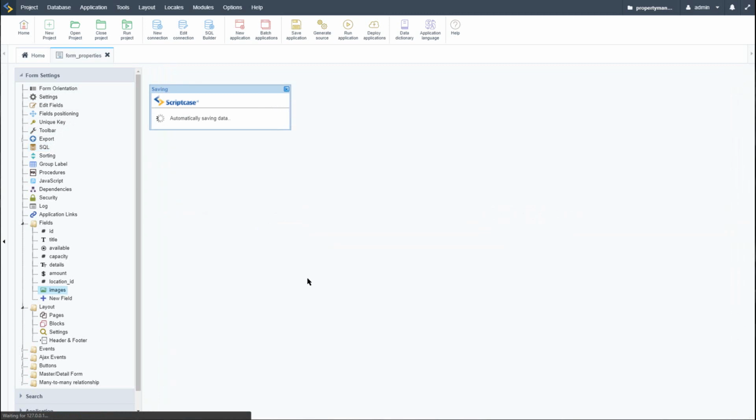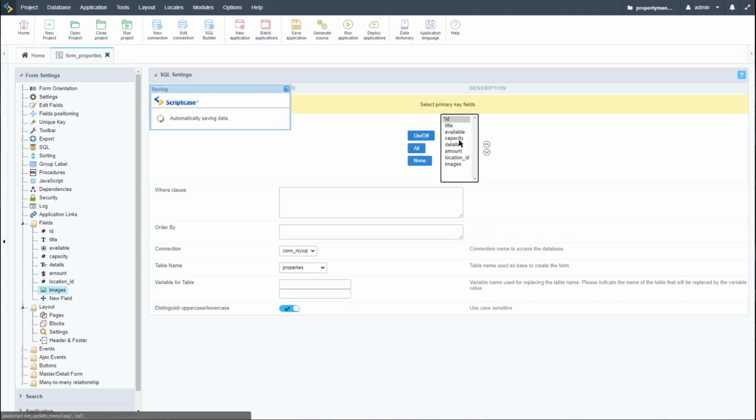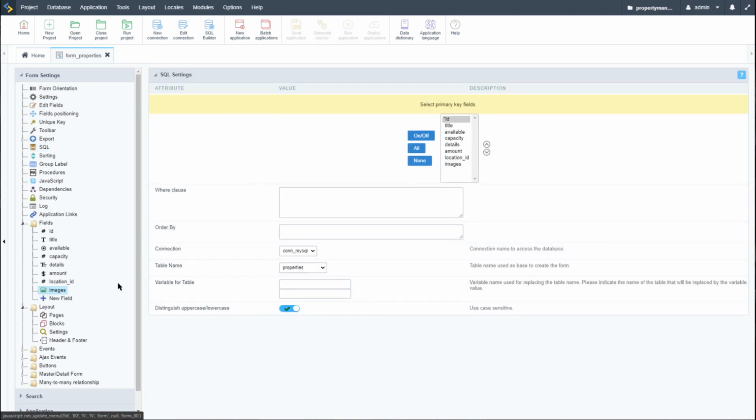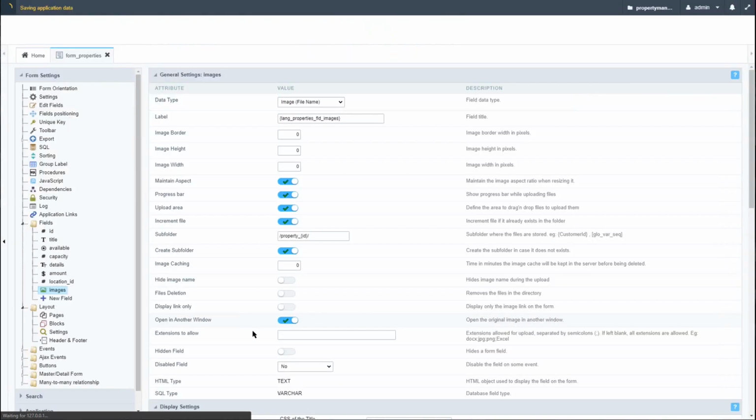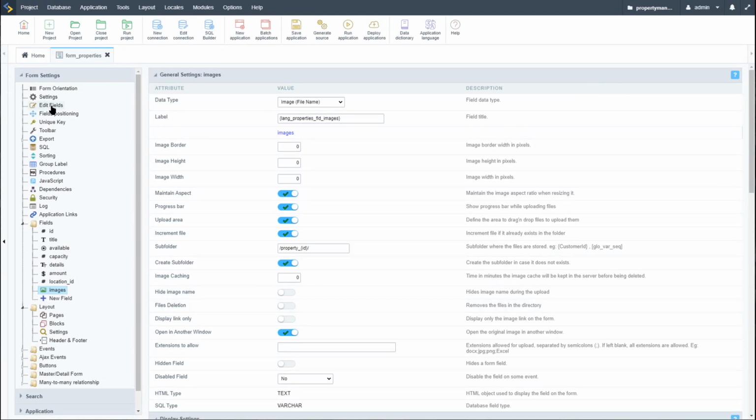So if we come here to SQL, we can confirm that. Here the ID is ID. So I can then use the form variable here and it will generate the folder. So we need to make sure we click the create subfolder also, so that the new images are uploaded to the relevant folder. Okay, so I'm going to save my form and then I'm going to come back here to